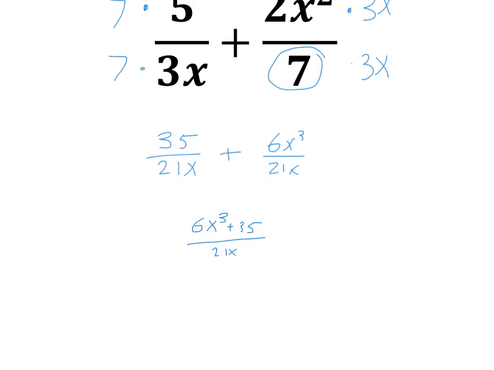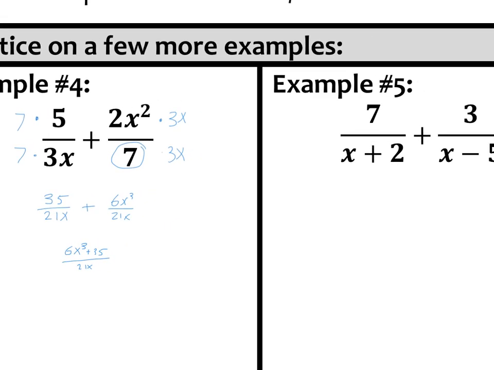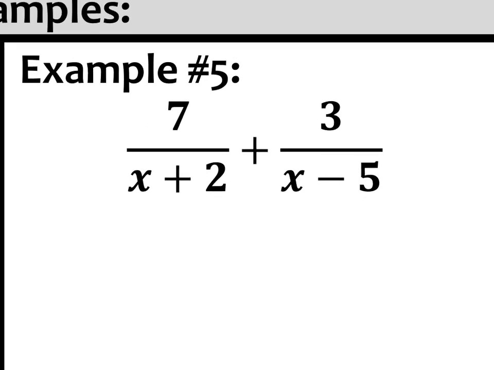And we're done. Moving on to example number 5. On that one, there was nothing we could factor in the numerator or denominator, so that's why we're done so quickly. Let's look at this one. This time we have binomials in the denominator, so we're going to have to multiply